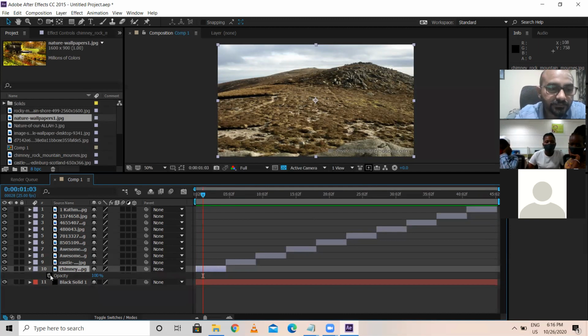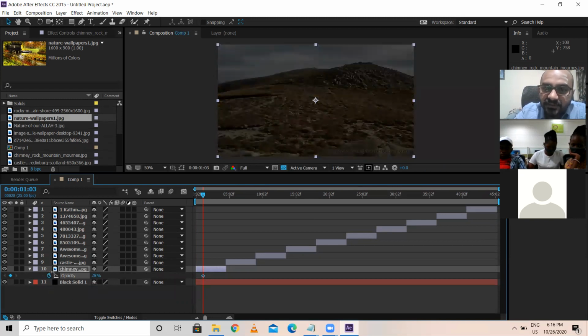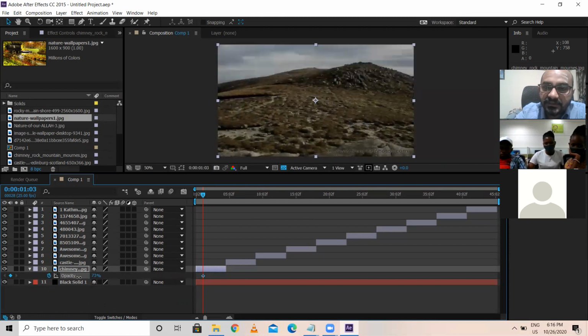Got it? There is a kind of stopwatch. You know how a stopwatch looks? That icon is over here. Stopwatch means you can record or you can key this. Now I turn it on. 100% is visible. If you reduce, it's not visible.